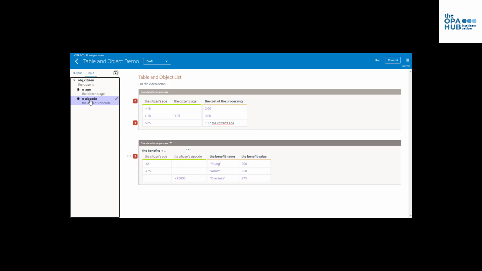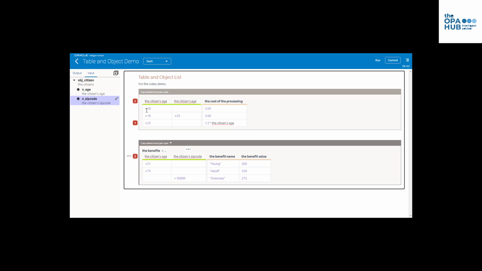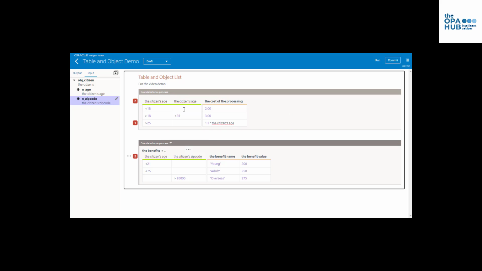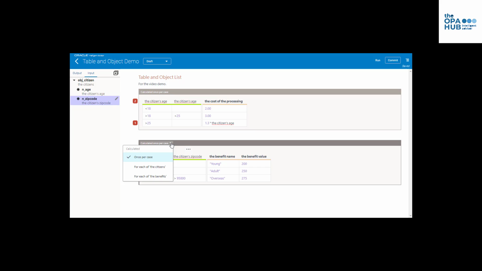zip code, which are part of the citizen, which means this table is complaining because it's saying, well, how can I do this? The citizen's age, I don't understand. A field exists, but it doesn't belong to the citizens, and I have an issue with it. Okay, so there are a couple of things we need to sort out. The first thing we'll need to do is we'll need to also make sure that it understands the relationship with the benefits between the citizen and the benefits, and then we'll come back and correct all these issues and finish it all off. So the first thing I want to do is to make sure that it understands that benefits